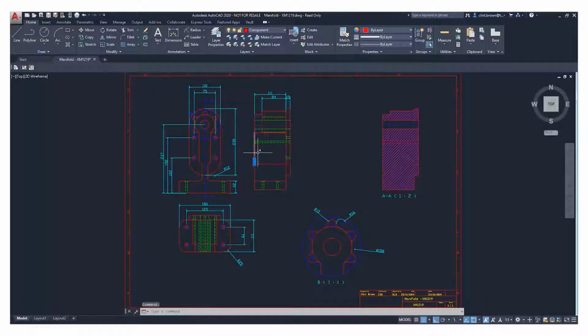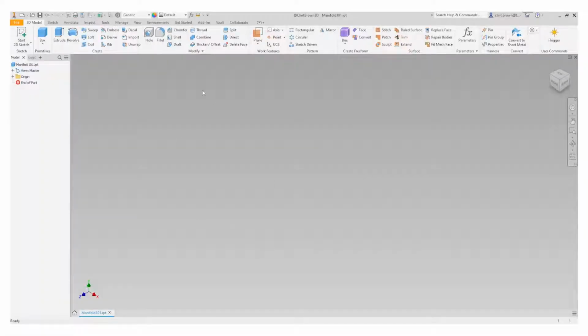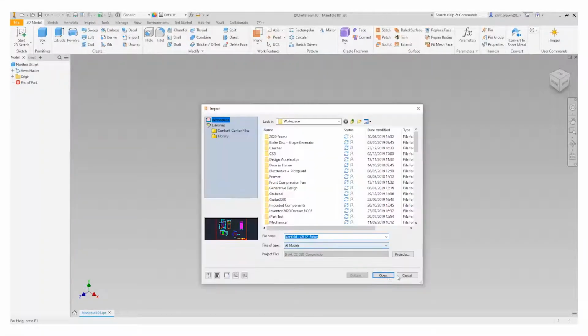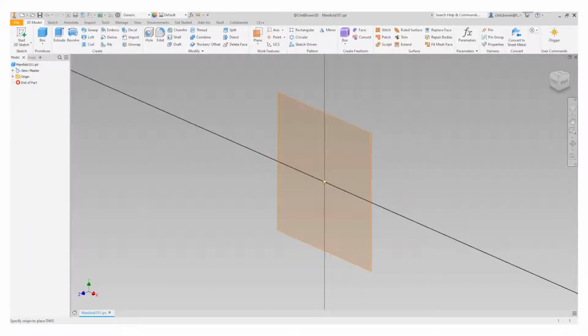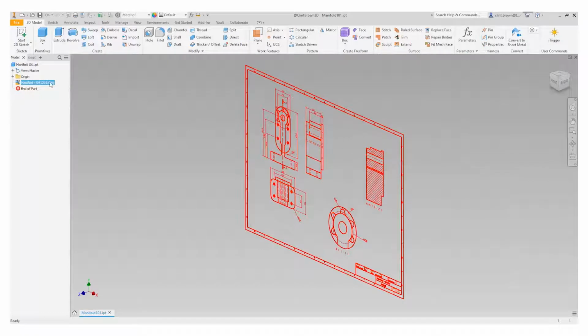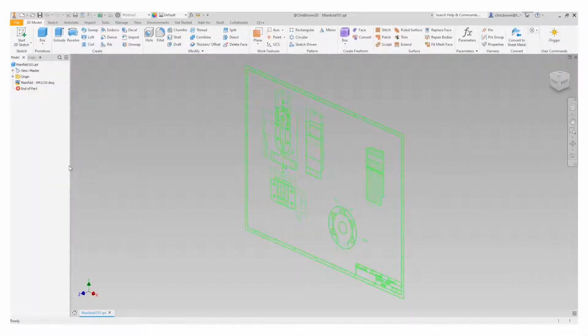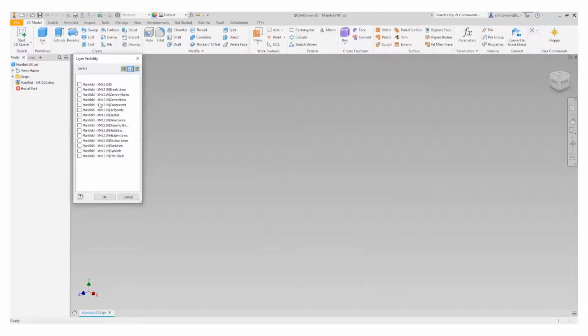In this video, we're going to explore the reuse of AutoCAD data inside of Autodesk Inventor. Inside of my Inventor design, I'm able to import DWG files directly into my design, and I can place these on a work plane. Once I've brought the AutoCAD geometry in, I can work with it, accessing things like layers, and in this instance, we're just going to turn on the geometry that we want to work with to create